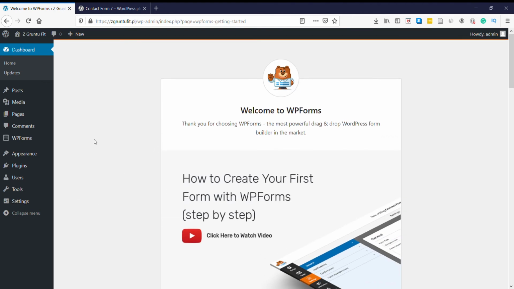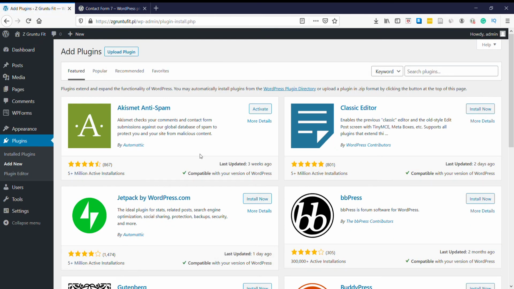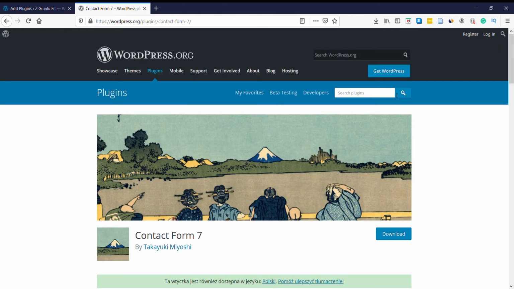Okay, so now I will show you the second option, how you can install a new plugin into WordPress manually. So once again, click on Plugins, Add New, and if you do not want to look for the plugin from the server, or you've got WordPress on the localhost, first of all, you need to find the plugin. So you need to go to WordPress.org and put the name of the plugin. In that case, it can be, for example, Contact Form 7, and then you need to download this zip package